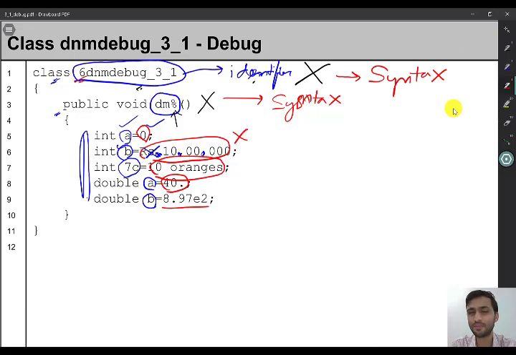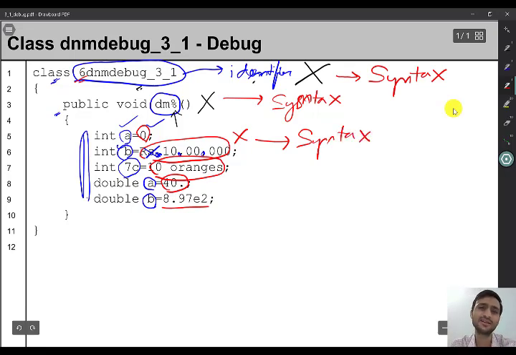So what type of error is this? Again, rules. This is also a rule of Java. So again, syntax error. Any mistake in a rule of Java is a syntax error. Next, 7C. Is 7C a correct identifier? No, 7C is not a correct identifier. Why? Because an identifier cannot start with a digit. So this is wrong. Again, the rule is wrong. So again, it is a syntax error.